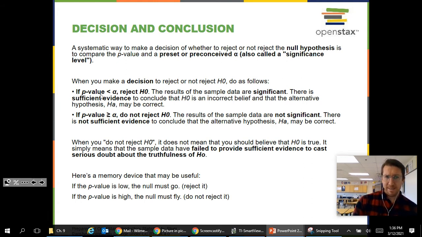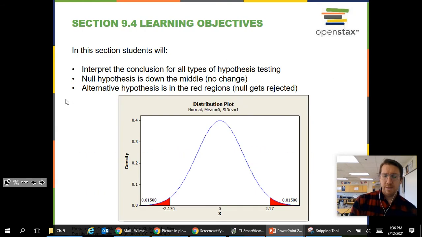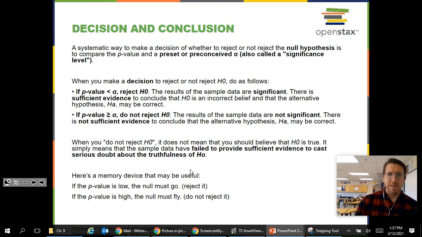If our probability is less than our alpha level, then we would reject that null hypothesis. Say our alpha level was right around here, and our probability was over here, then we would be in the alternative hypothesis zone. So we reject the null hypothesis. So the results of the sample data are significant, there's sufficient evidence, and we always write this conclusion the same way. We say there's sufficient evidence to conclude the null hypothesis is incorrect,